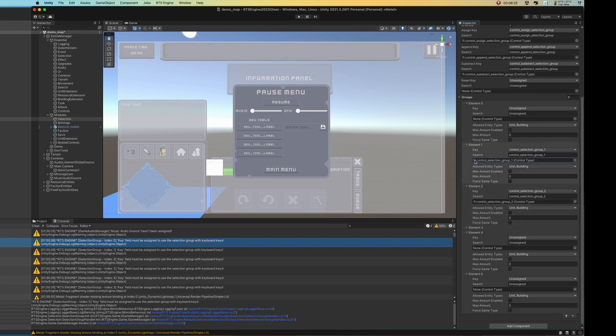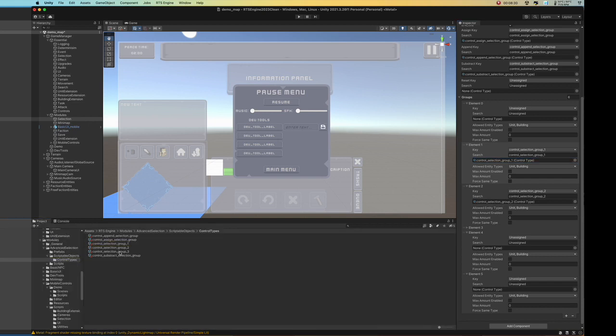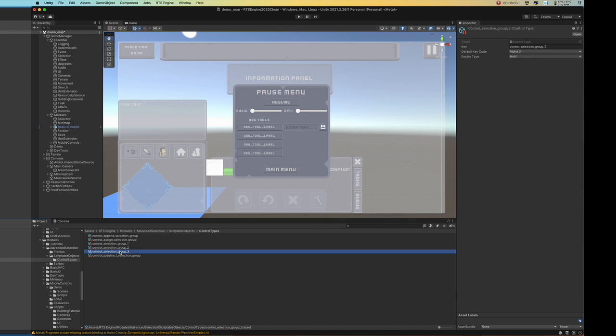So I'm going to select that one. If I go to project, that would have highlighted, then you can see we've got those there. So what I'm going to do is duplicate. We want 3, don't we? Because we've got 0 to 5. So that's actually 6 groups. So I'm going to duplicate 1, 2, 3. Right, first one, I'm going to rename that to 0. Second one, rename that to 4. And the last one,